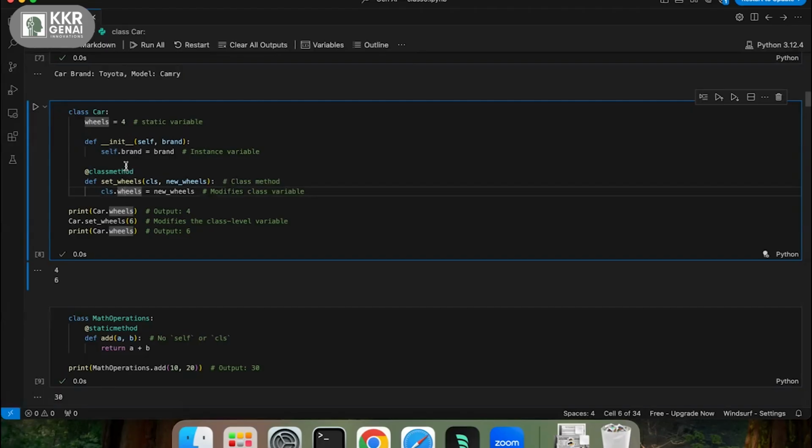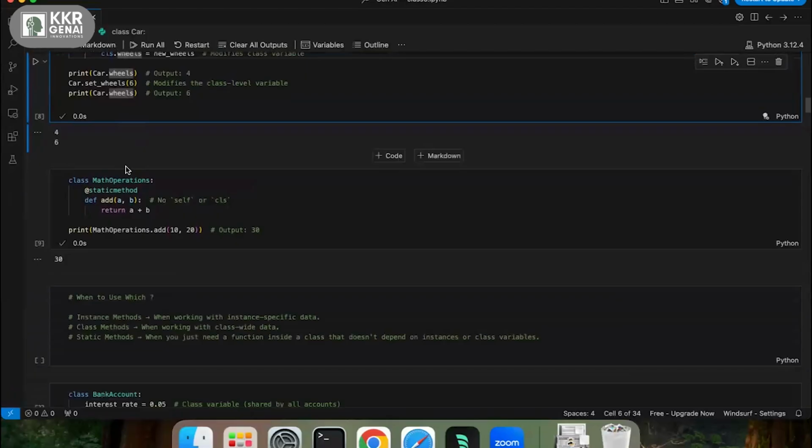Here, you can modify class level variables. So if you have any static variables that you want to modify, you can do that in class methods. And then we have something called static methods.